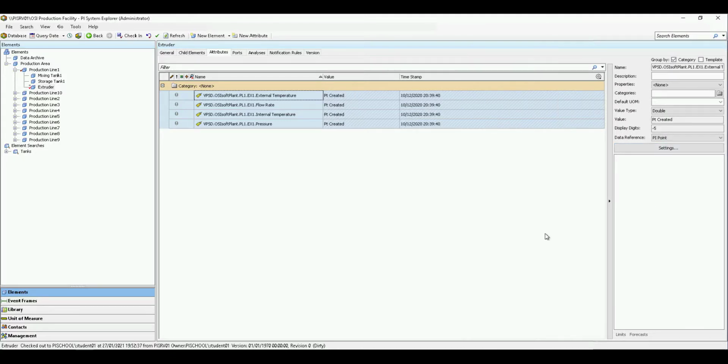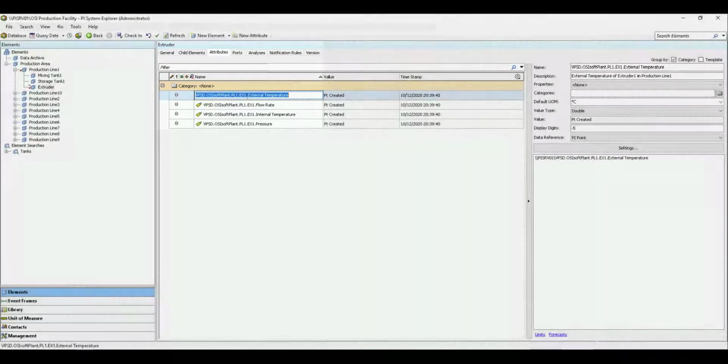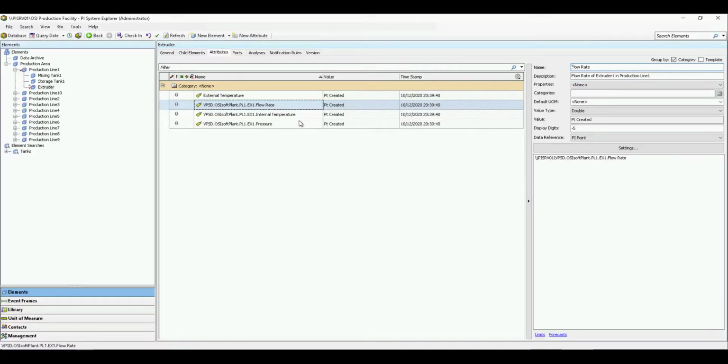Once added, we can change the individual attribute names. The names can be updated through the configuration screen or by selecting Name, or by double-clicking the individual name in the viewer screen. Once you have updated the tag names to the appropriate attribute names, check in your changes by selecting Check In or press Ctrl-S key combination to check in your changes.